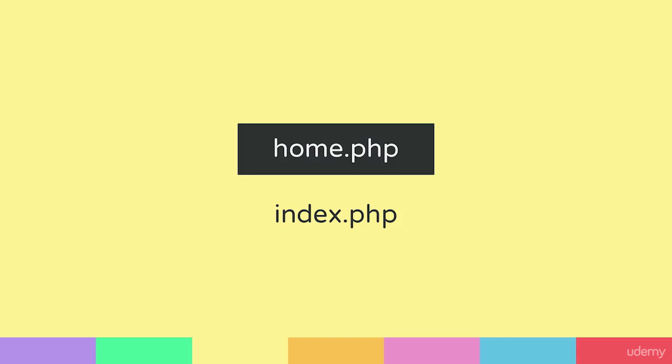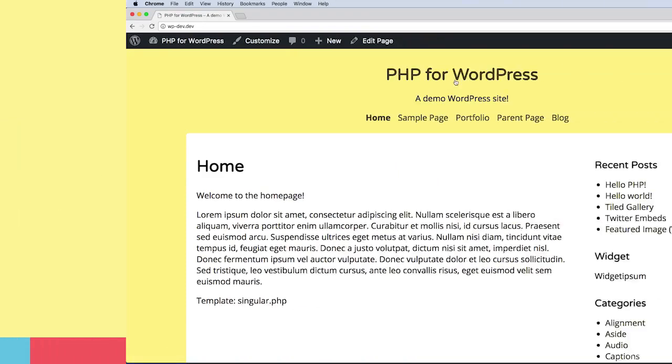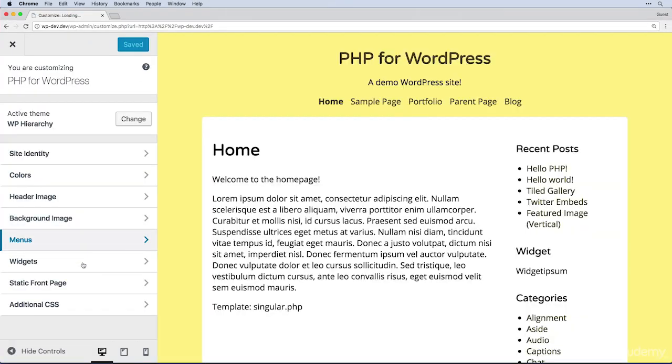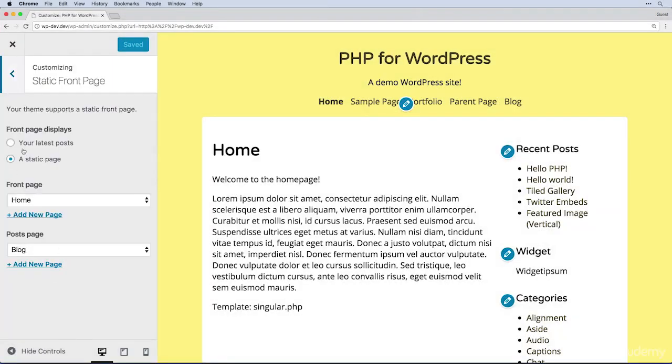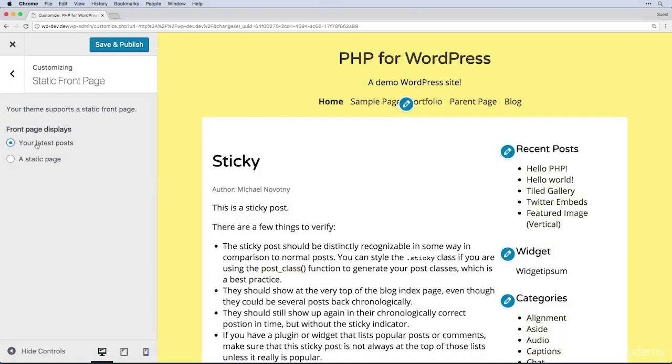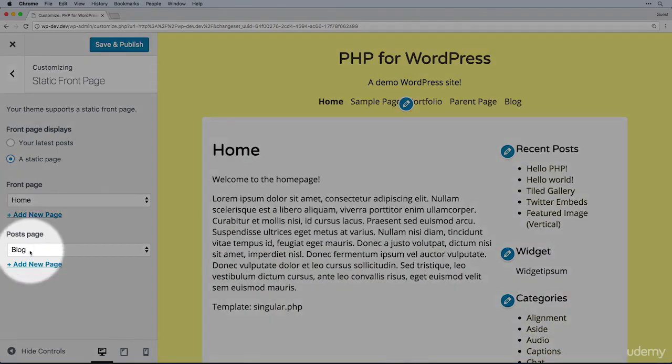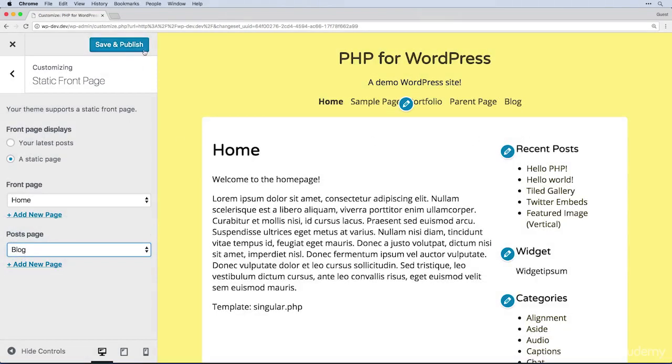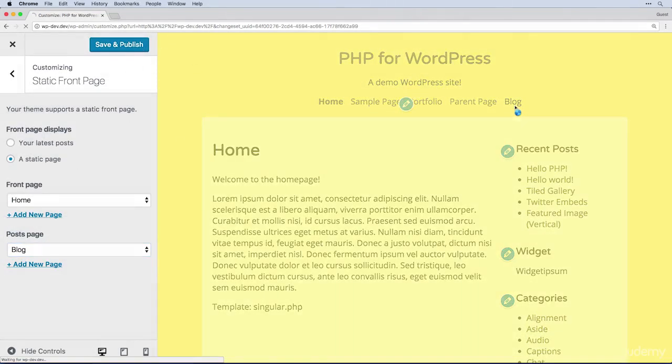But you could also say, hey, assign my blog posts to another page and display them there, and then home.php will apply there. So let's take a look at these situations where it will show up and how we could code one out. Okay, so if I come to my site and under the customizer come into static front page, what I was talking about is you could either show your latest posts, and this will call in the home.php template. Or you could set a static page and put your posts page assigned to some other page on your site. So if this is the case, and this is how it's set up, when we click on blog, that